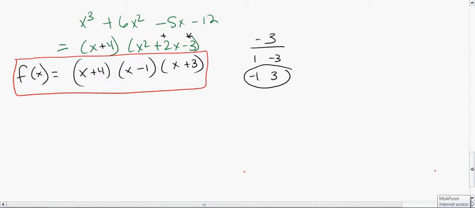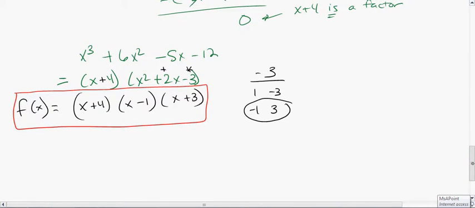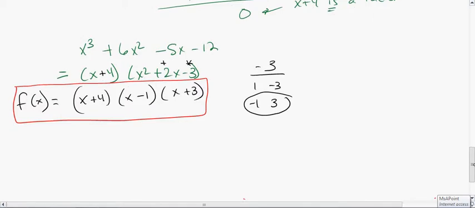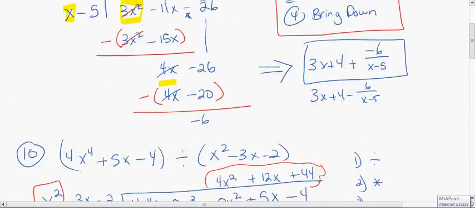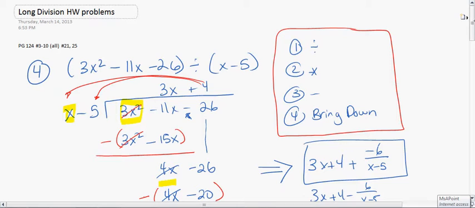All right, so I'm going to do one more video on factoring polynomials using long division. I've been choosing problems that are like the ones on your homework on page 124, and I did a problem that was like 21 and really like 25. I am going to do 28 next, but I also want to point out to you that 25 is a